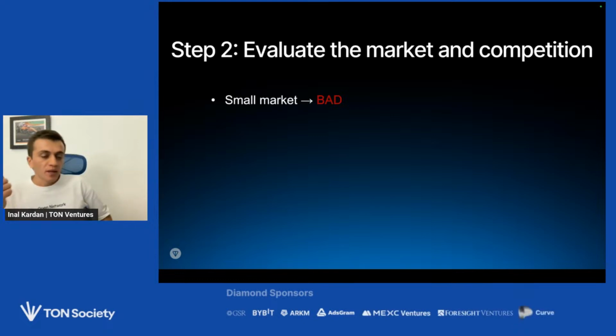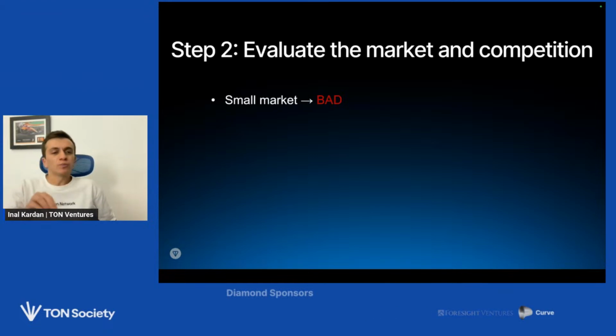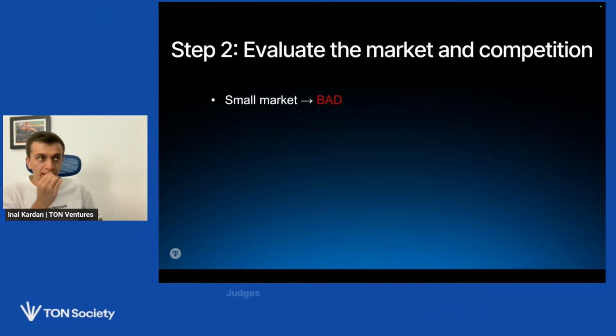Yeah, first, if you build something for a small market, it is usually bad. I can explain in detail: some teams come and say, hey, we are going to build a very narrow product for a very small market, and we want to get 100% of it. But usually it is not that attractive for any investor. I believe most teams want some kind of investment to move faster, to build faster, to ship faster. And it can be problematic if your market is too small.